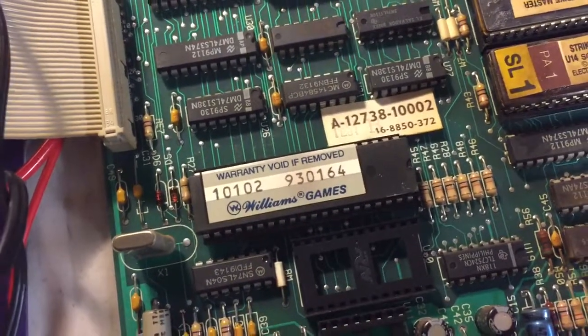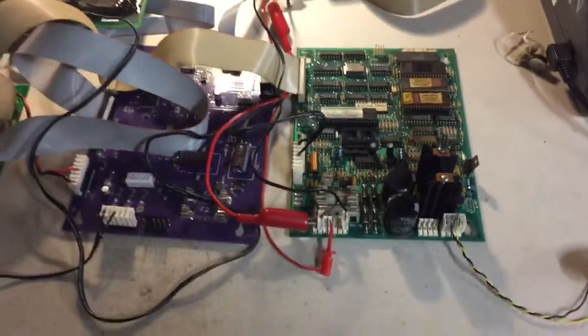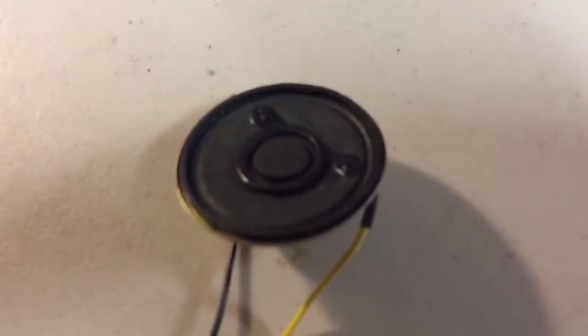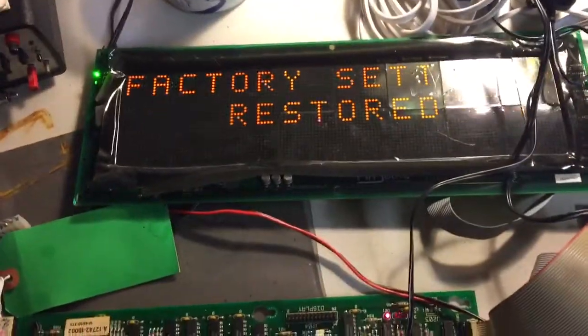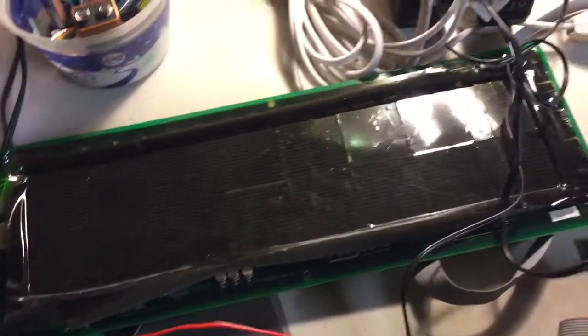This is the pre-ship video of 930164. This is a soundboard from the original WPC series. Turn it on now. You hear the power up boing, and we see it's the CPU board from the customer, and also the soundboard. We see it's booting up, so now we're gonna go and